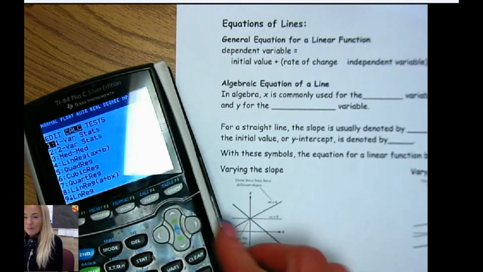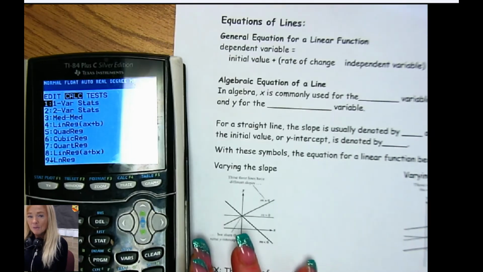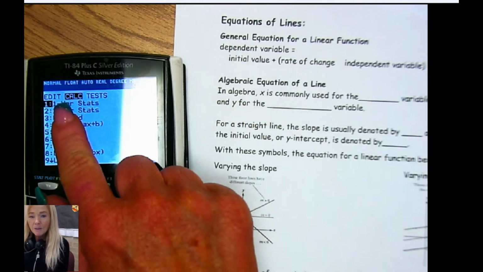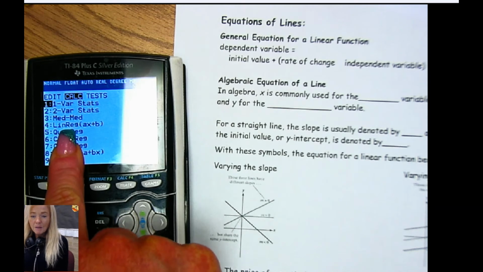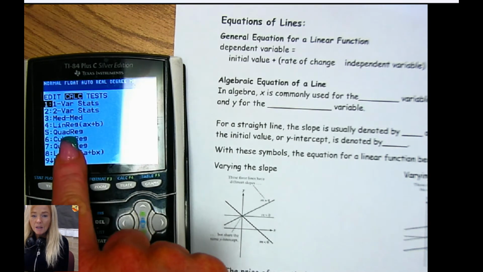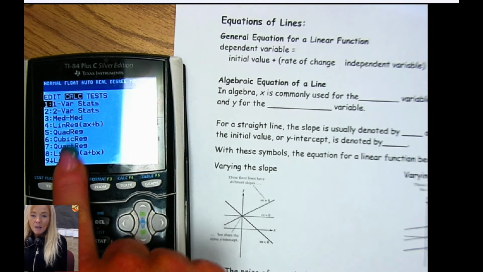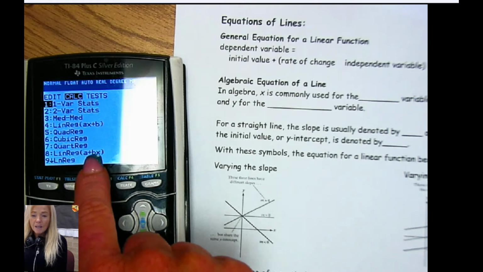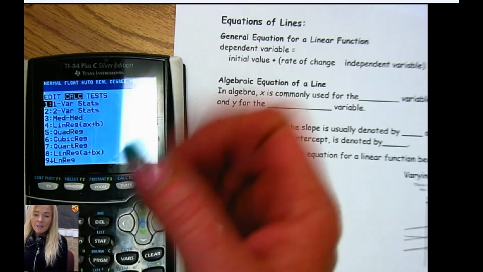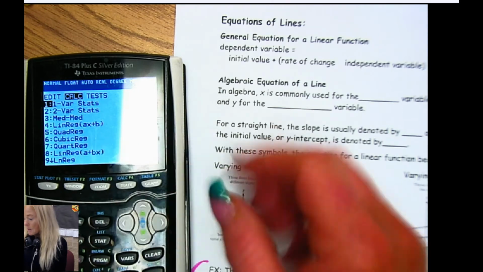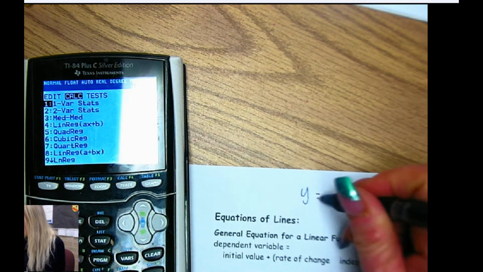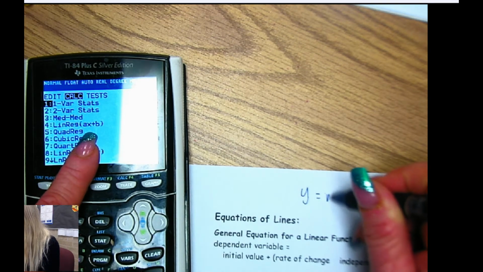So if I'm modeling, which we sometimes will do, and you can actually do it on the calculator, if you notice these models here, if we're making a model, you can have a regular line model, which is ax plus b, or you can have a quadratic, a cubic, a quartic, or another model for a line is a plus bx. Now they're using a's and b's, but you notice that in this form we have, I'm going to write it in what you would notice, y equals, first one is mx,